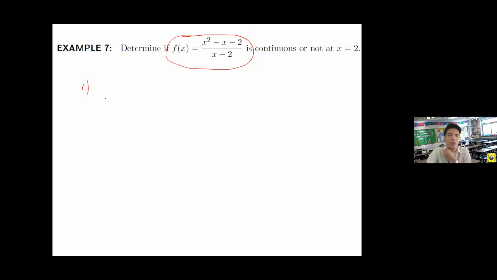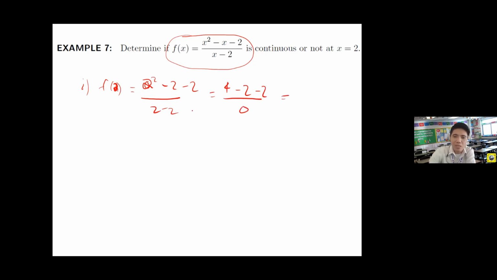First condition, we will determine if f of 0 exists. By substitution, this is 0 squared. No, sorry, we are now asked to determine at x equals 2. So it should be f of 2. This becomes 2 squared minus 2 over 2 minus 2. On top, we have 4 minus 2 over 2 minus 2, which is 0. So since we have 0 in the denominator,